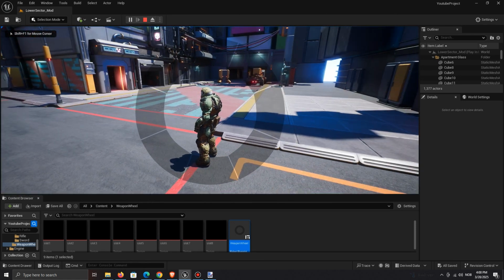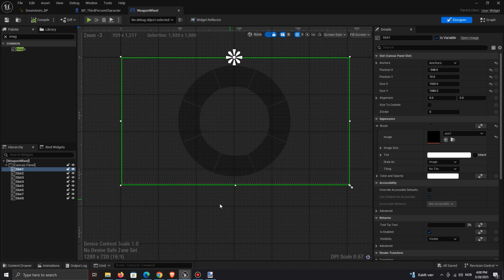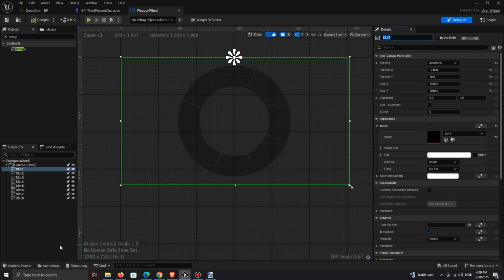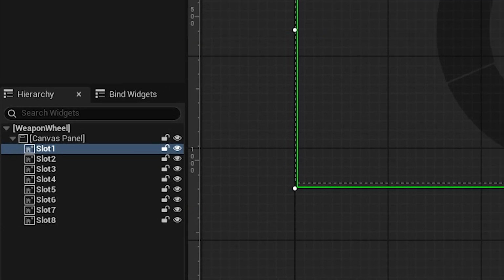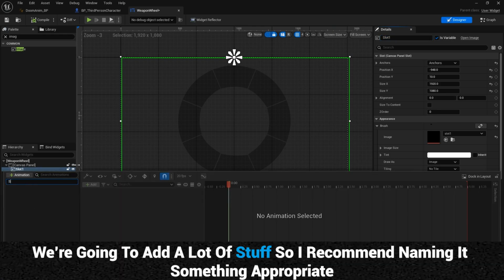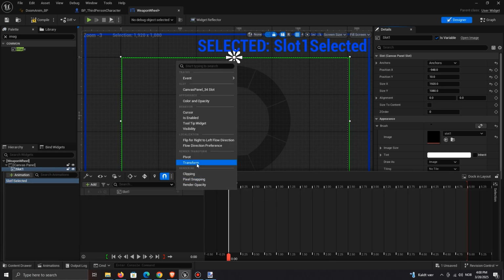If you want to add life, you can make each slot move when being selected. To do that, we need to create an animation for each slot. Select the slot you want to animate and open the animation tab. Press the plus. Then press Add. Select the slot image you selected earlier, plus Transform,